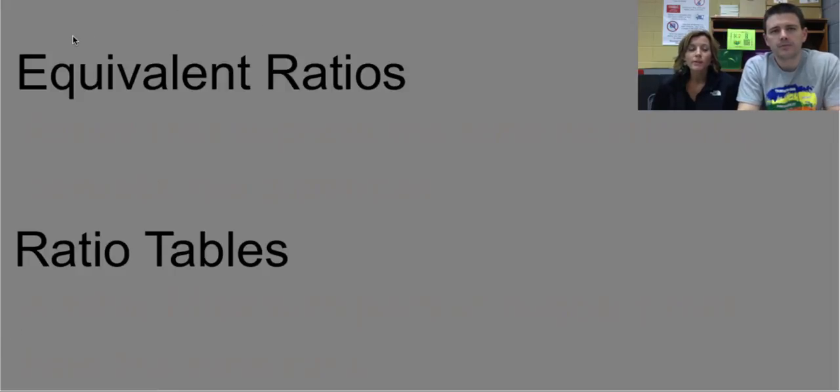Today's vocabulary words, you need to space this out so you have room to write the definition, are equivalent ratios and ratio tables. So, starting with our first definition, an equivalent ratio is ratios that express the same relationship between two quantities. They're very similar to equivalent fractions, so